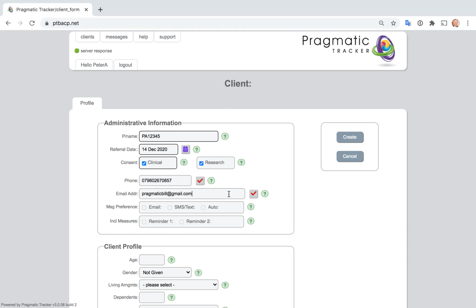The reason that it's necessary to verify phone number and email address is to ensure that Pragmatic Tracker as a system is communicating correctly with the client that you want it to be communicating with, to make sure you've entered the data properly. Now, the best time to actually do this verification process is when you're directly in contact with the client, ideally,